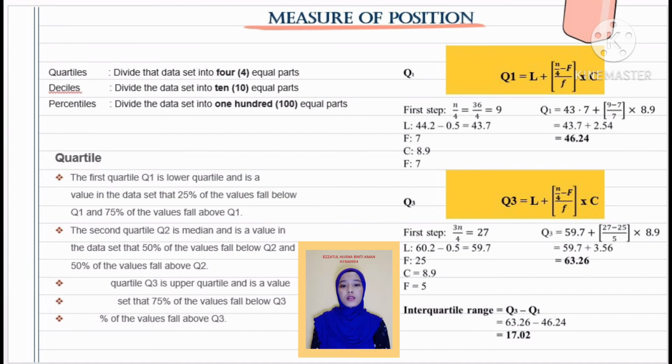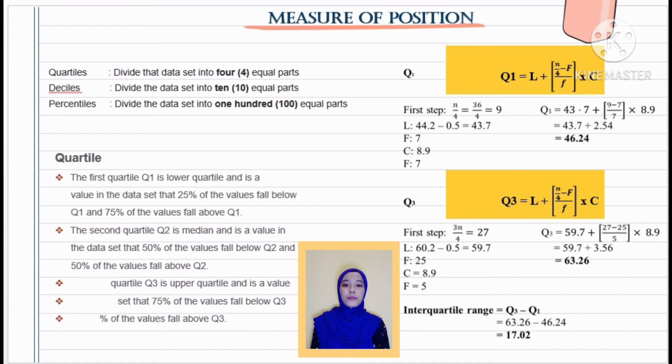Next, C for the class width is 8.9 and last is f for Q3, which is 5. For the calculation for Q3, it is 59.7 plus 27 minus 25 divided by 5 multiplied by 8.9, and I get the answer